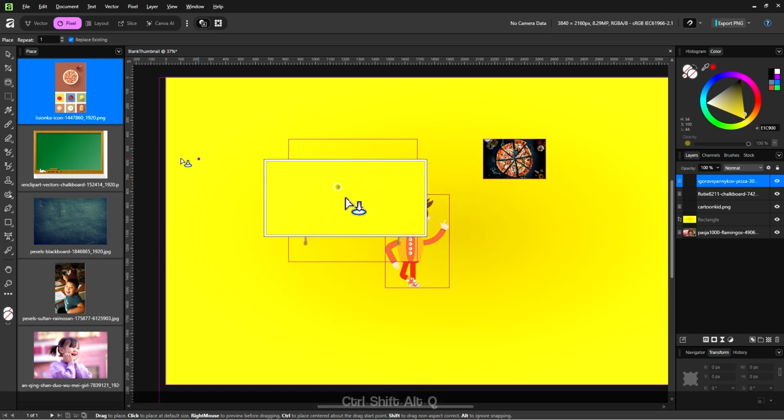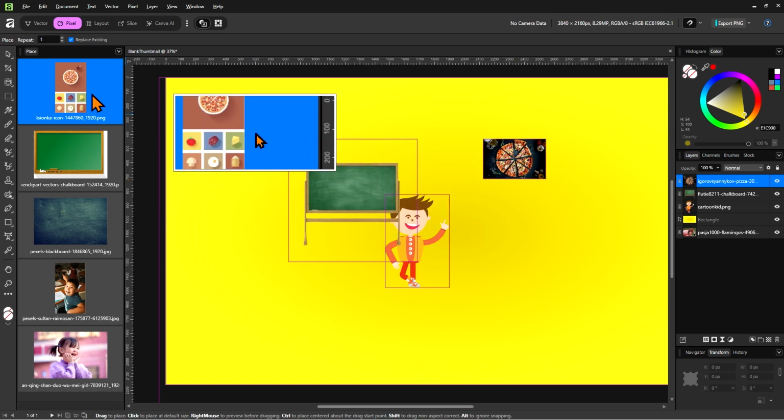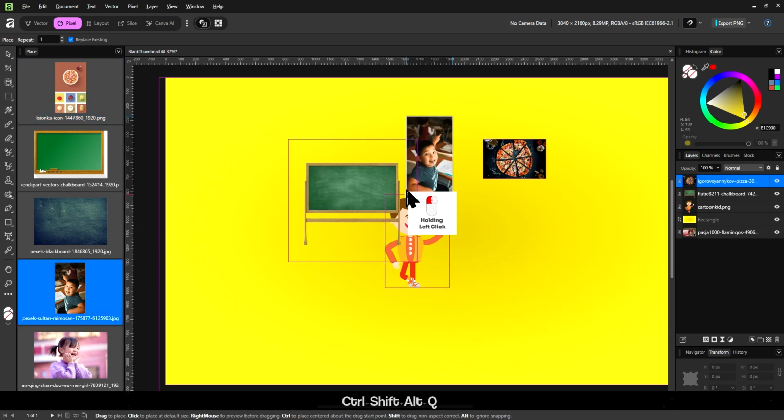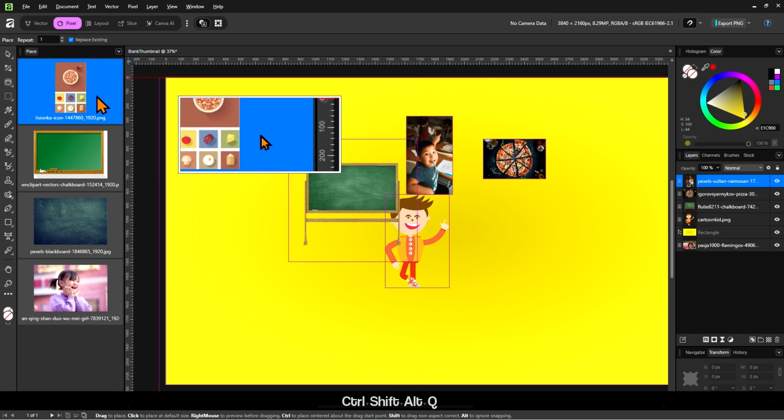It will automatically move on to the next image once you place one, but you can of course select an image here that you want to place first, and it will go back to the image at the very top.